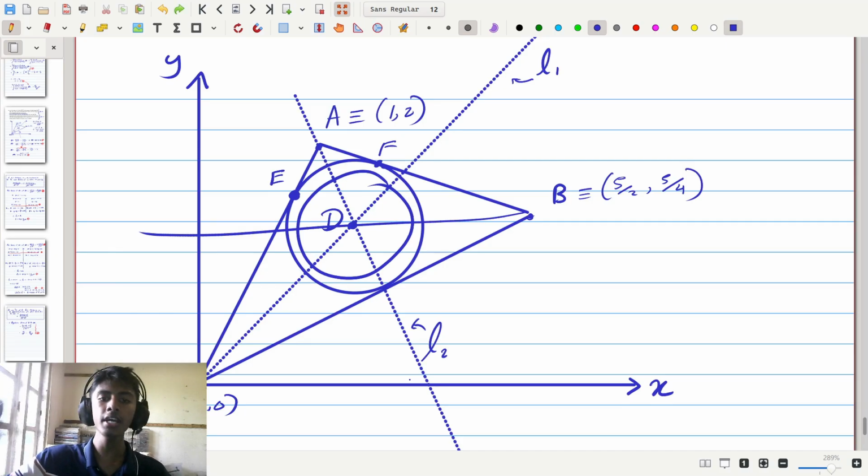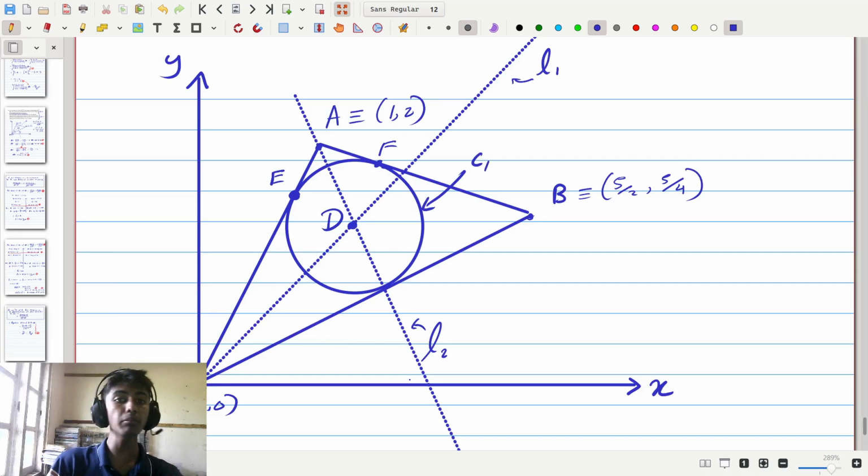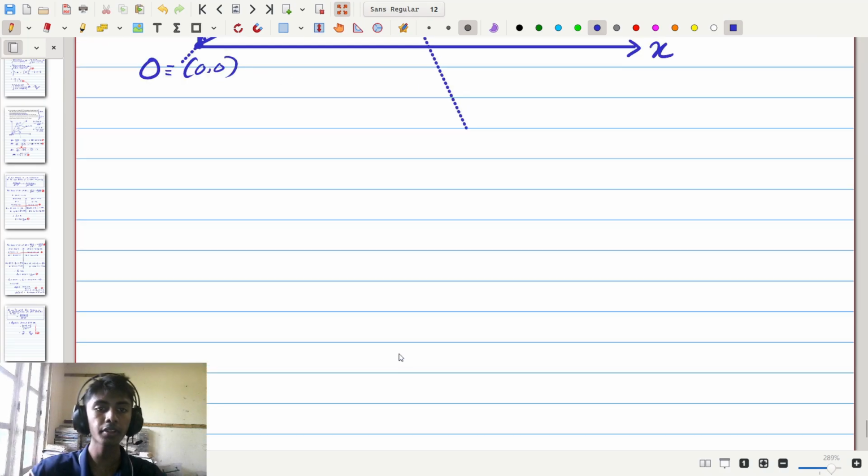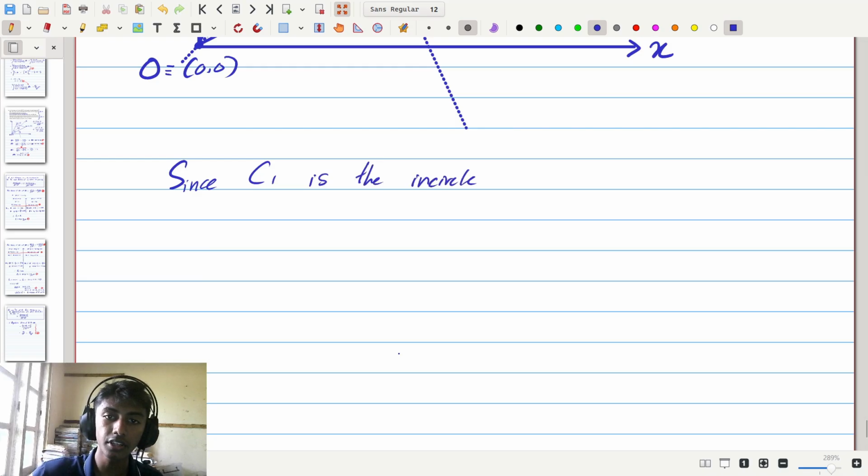So in the question they call this circle C1, so I'm going to label this circle C1, and then I'm going to establish the connection between the intersection of the lines L1, L2, as in the point D, and the circle C1. So if I go down, what I'm going to write first is that since C1 is the incircle of triangle, let's say OAB,